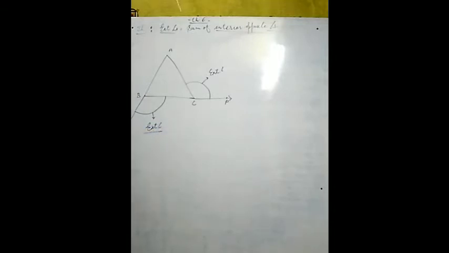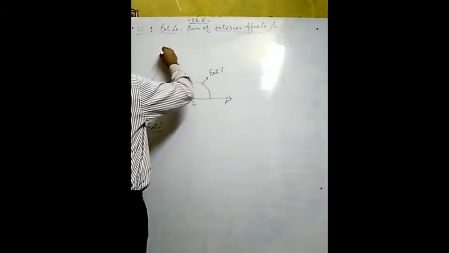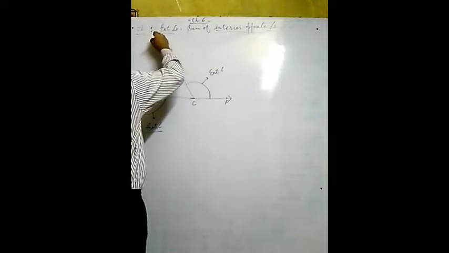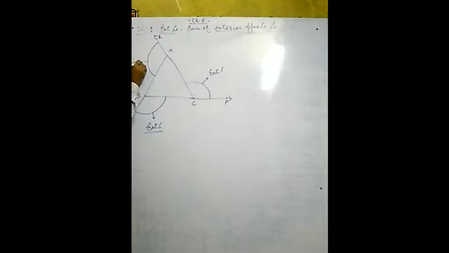Again you may observe one side is not extended. Which one is not extended? Side CA is not extended. So it will be extended there. If you extend straight forward up to R, again an angle is formed here. Since this angle is out of the triangle, this will be called an exterior angle. In this way, we have drawn here three exterior angles.